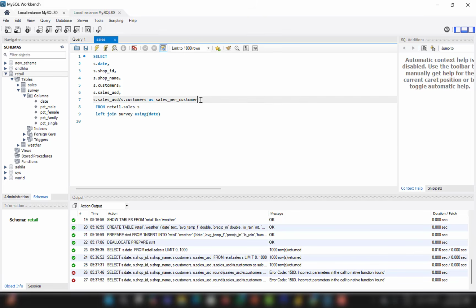And then now let's also bring in our survey table, and let's call our survey table, it's both S's, so let's just call this SU. And let's say SU brings in our percent